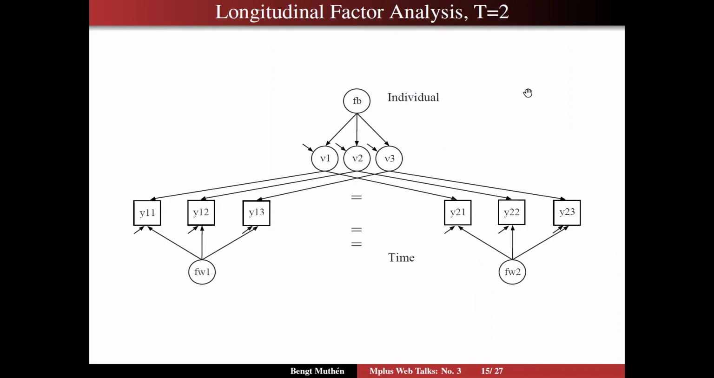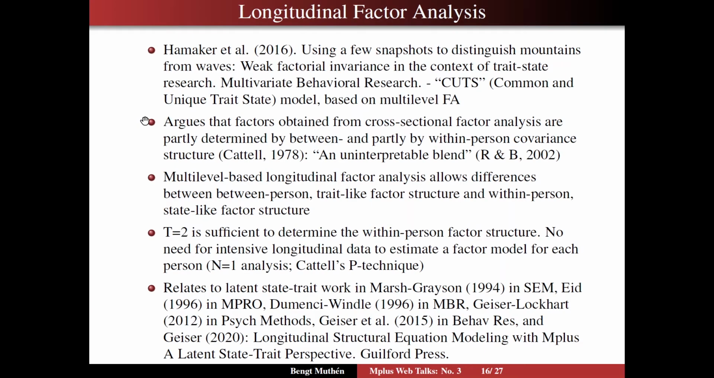Now we have t equals 2. That is time point 1, time point 2. It's the same individual at the 2 time points. And the reason the variables correlate across time is because they share the same individual random intercept for each of the items. So that creates the correlation across time that we want. And that's been brought up. That idea has been written about by Hamaker in a 2016 Multivariate Behavioral Research article that seems to have gotten lost in